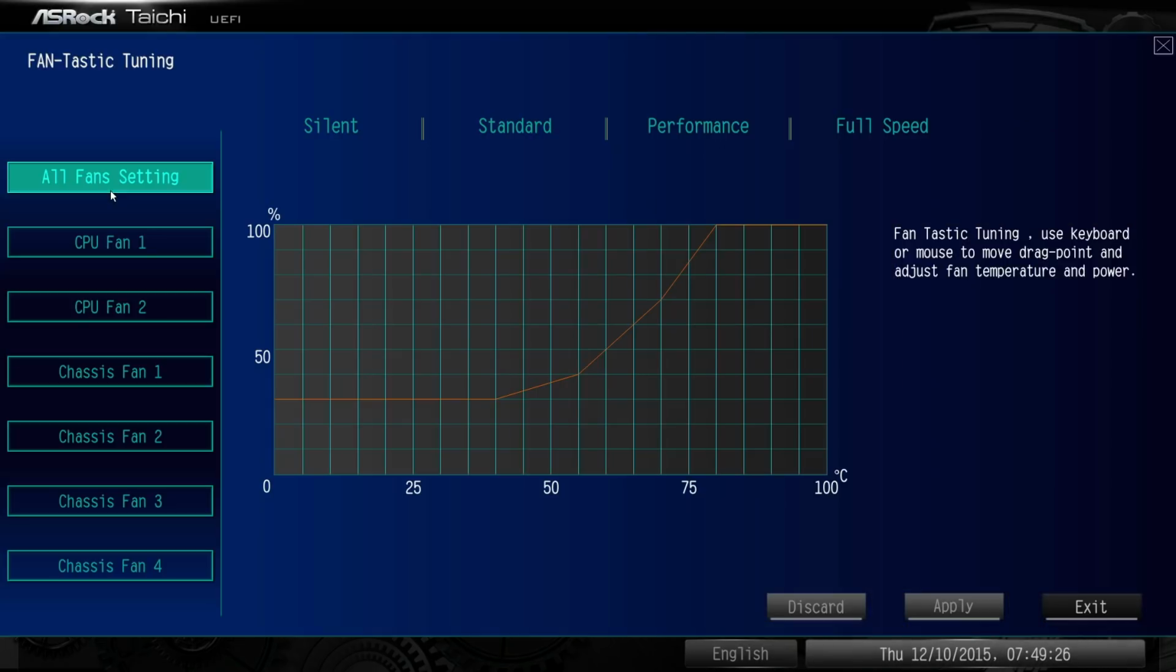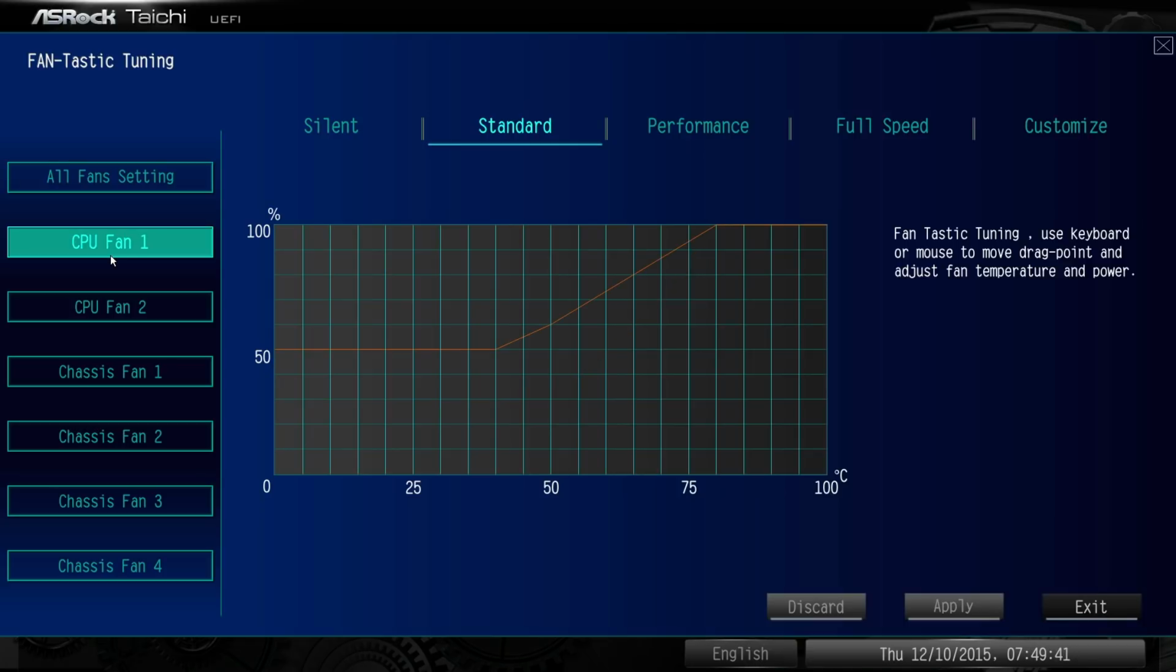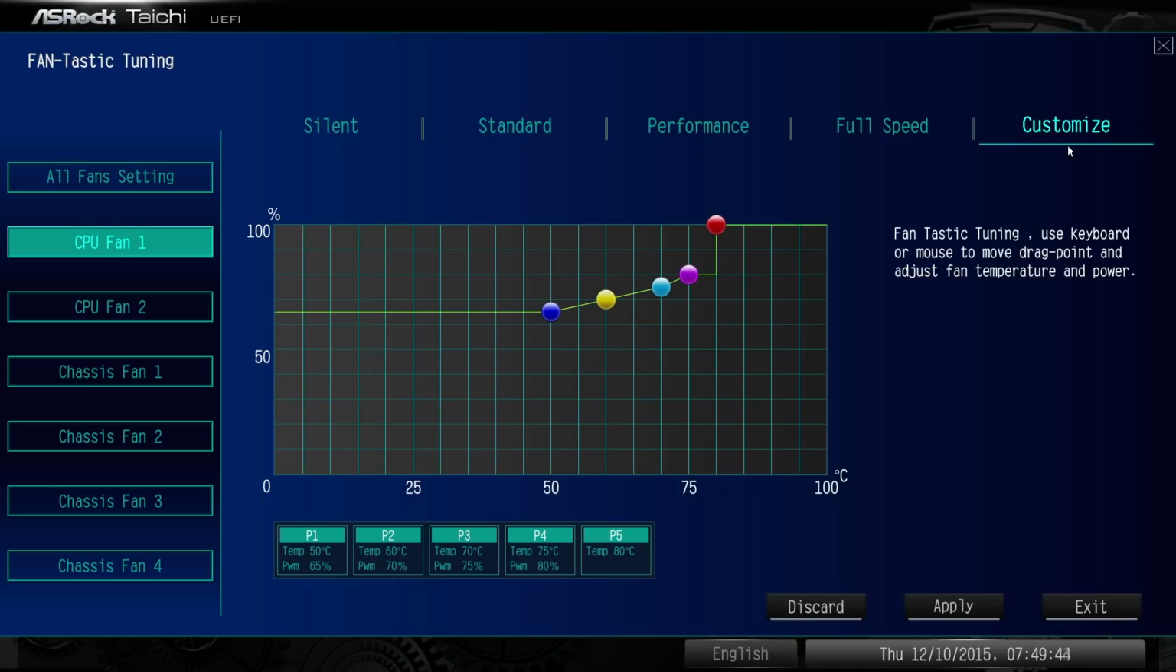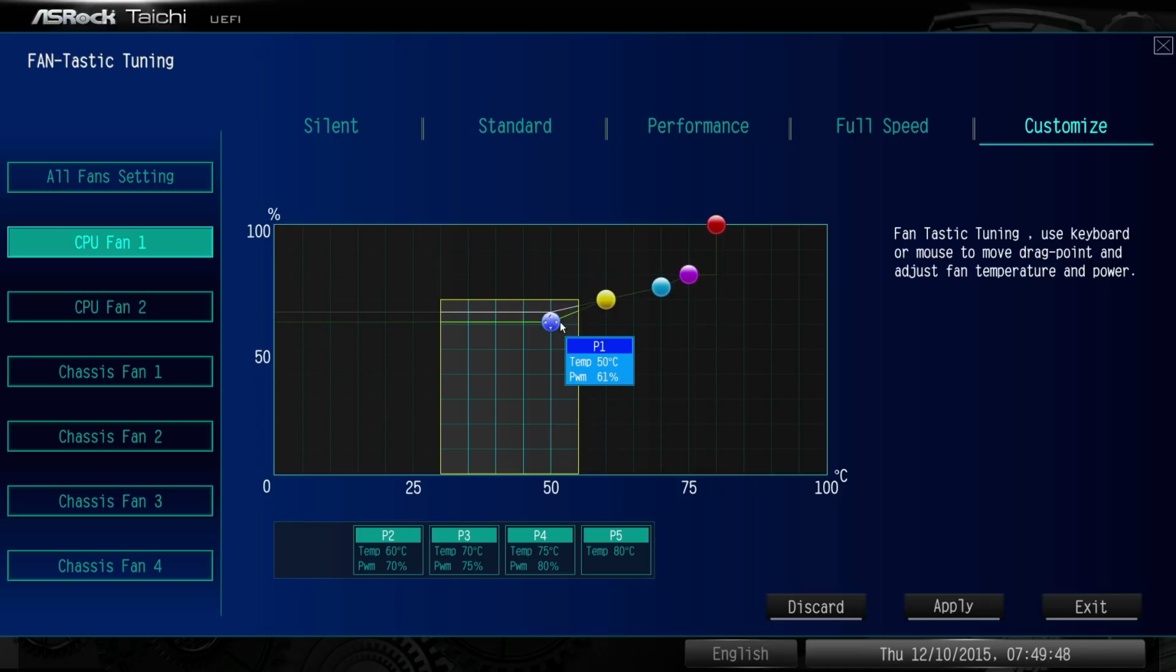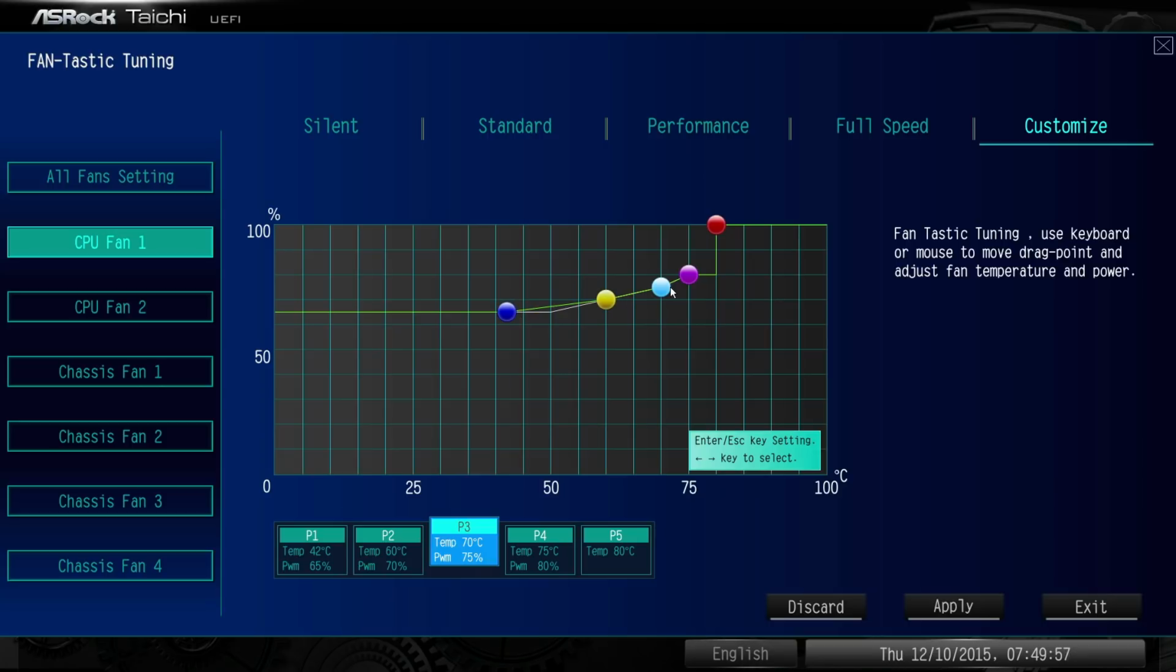Just use the Fantastic Tuning thing. This looks like it'll force you to use the mouse, but watch. It doesn't. If you set, wait, CPU fan, customize, look, it's a sensible BIOS where you don't need to use the mouse to set your freaking fan settings. It's amazing. Okay, it's a little bit clunky, but how many times are you going to be tweaking? Well,